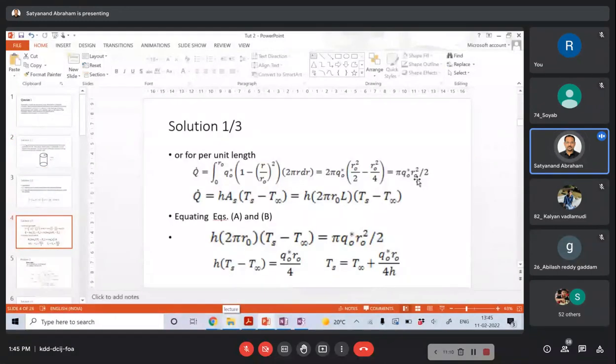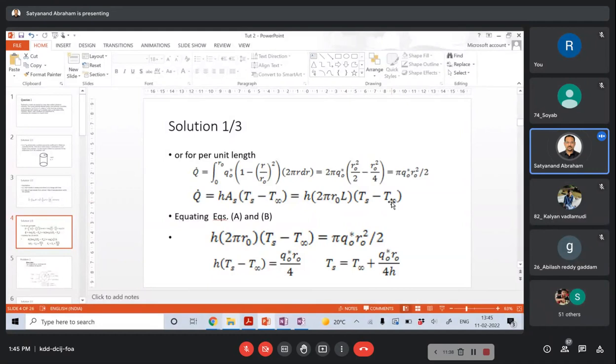So we already found the total heat generation by the integration method. That is what is convected outside also, right? So whatever Q is generated needs to be conducted out, because we are saying it is steady state condition. So Q generated is equal to h A surface into (T surface minus T infinity),